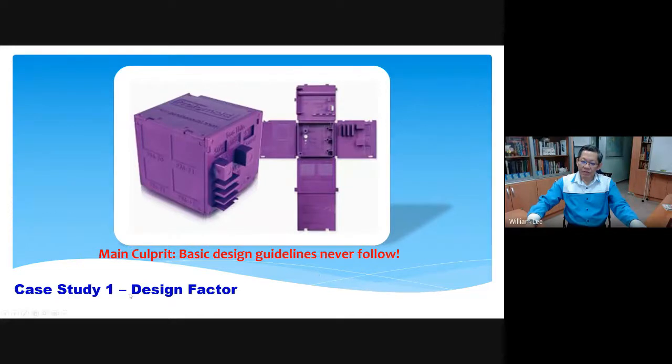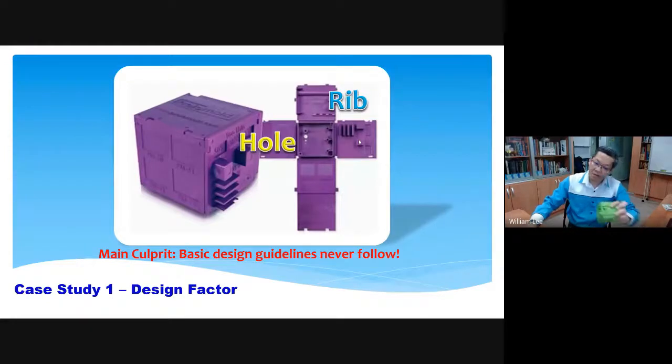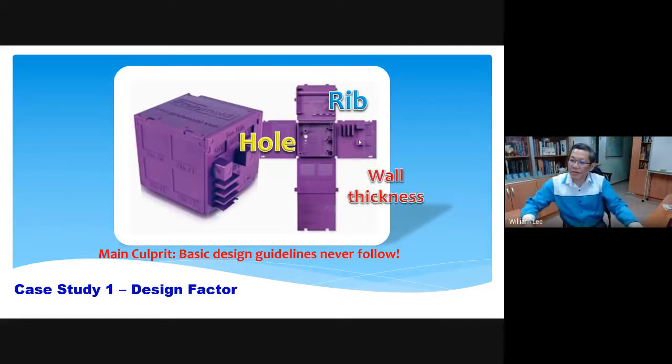Now from this design factor, I realized the main culprit is that the basic design guidelines are never followed. And that makes the molding process very difficult in achieving quality and productivity. Some of the design guidelines, such as the rib design, you can see this rib. Okay, so I have a sample. Where is my sample? Yeah, so this is called the rib. And then you have the hole design: where is the location of the hole, how big is the hole, the hole spacing, and then wall thickness,